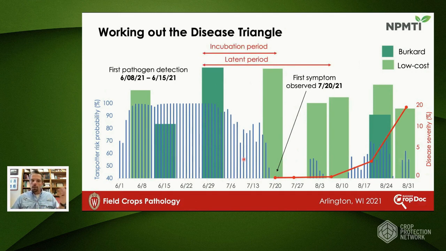So the incubation period is the time from when we see basically spore flight to disease development, and then the latent period is the time from spore flight to where we start to see secondary increase. And those are really important times when we start to consider our fungicide protection intervals. And that's why we're looking at this, and we get a lot of questions about,